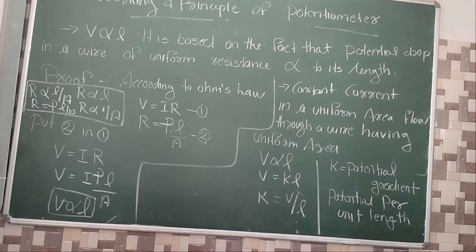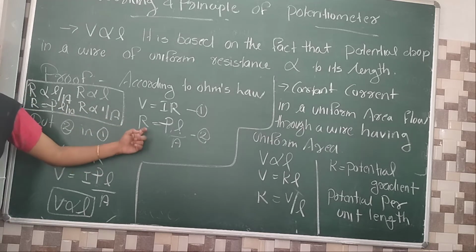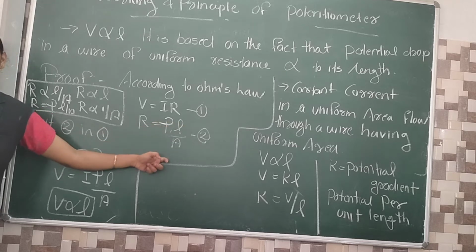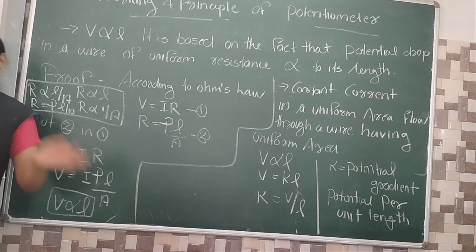Yes. 10th physics, 11th physics, we study the same. You already know this, right? Listen here. So R proportional to L, R proportional to 1 by A. So R equal to rho L by A. What is the name of this rho? Resistivity. So R equal to rho L by A. So you get two equations, one from Ohm's law, the other the resistance.